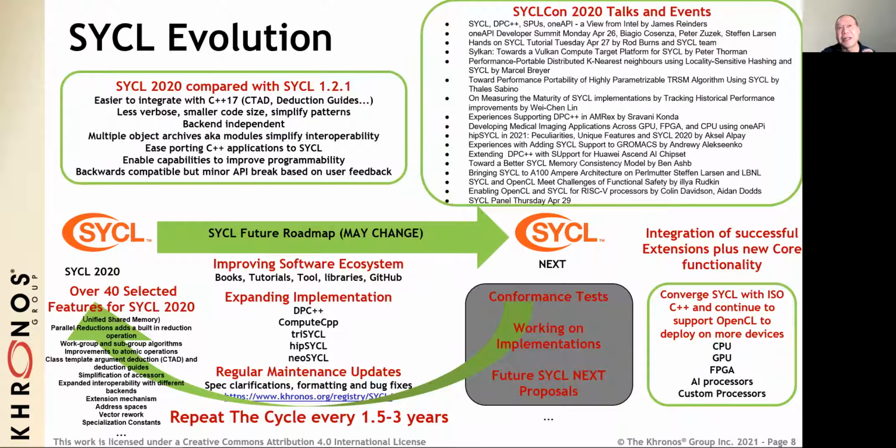This is the main slide. It shows what is in SYCL 2020 on the bottom left. You're going to see some of the 40 features that we have. And in the top left box, our general philosophy that we have followed in our change from SYCL 1.2.1